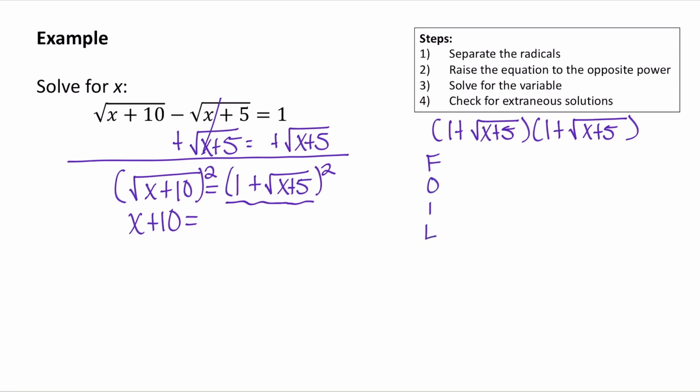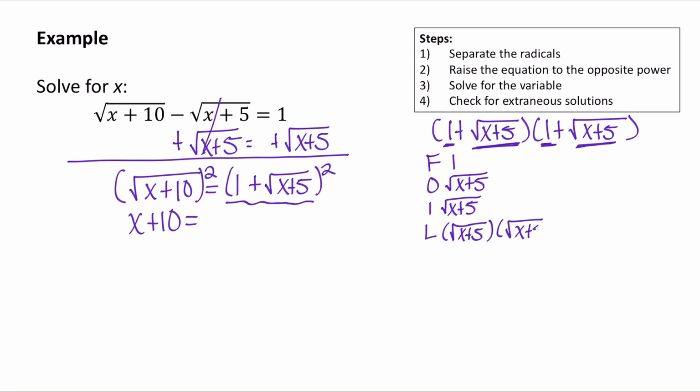Remember, we're going to multiply the first term, so we have 1 times 1, which is 1. Then we're going to do the two outside terms. So we have 1 and square root of x plus 5. 1 times the square root of x plus 5 is going to be the square root of x plus 5. The inside is going to be the square root of x plus 5 and 1. So that once again we have the square root of x plus 5. And then the last term is going to be the square root of x plus 5 times the square root